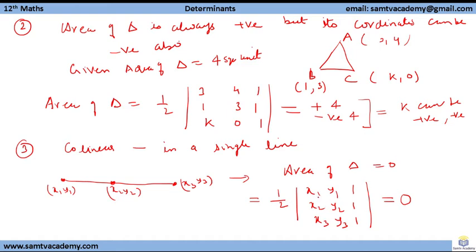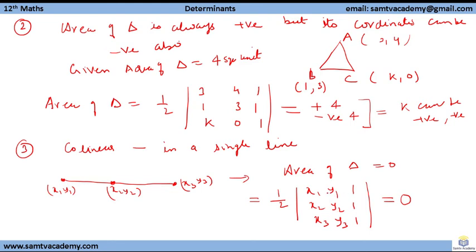And it is not necessary that you have to write x1, x2 in row 1 only. You can interchange them also. If you interchange, then one negative sign comes, but as we know we have to find the area, even if a negative sign comes, we have to take the positive only. So the area of the triangle is not going to change whether you interchange these rows, row 1 to row 2 or row 2 to row 3.